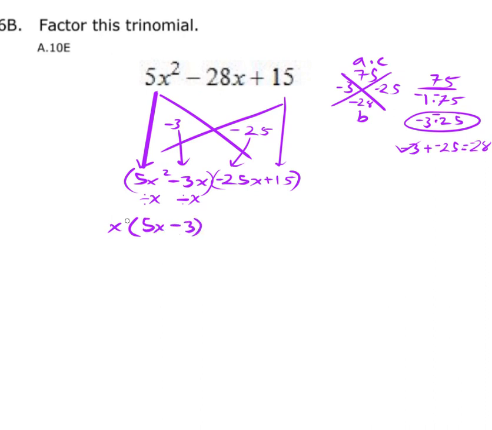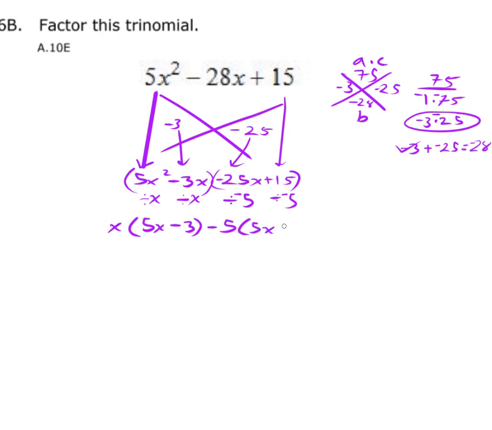Now, because I have this 5x minus 3, that is what I'm trying to get here. So I'm going to let that decision help guide me in what I need to pull out here. And it looks like if I want to get 5x here, then I need to take out a 5 at least, but I also need to take out a negative, because this is negative 25x currently. And I want to get negative 3 here, so I'm going to once again divide this by negative 5, right? Because I'm taking it out of both of them. So I pull that negative 5 out front, and I'm left with